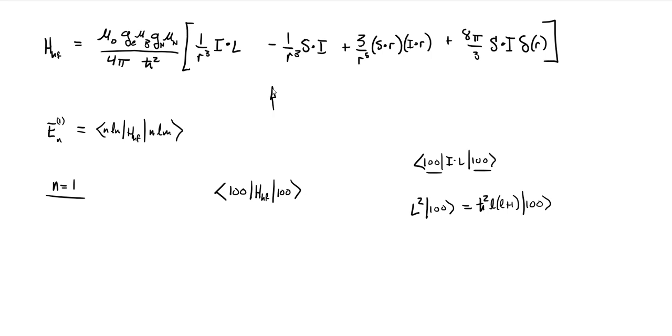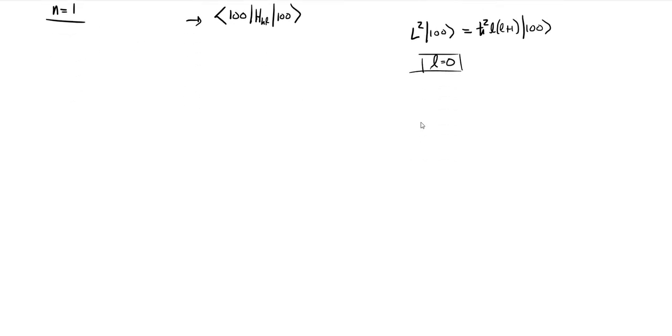So this orbital angular momentum has 0 magnitude. For any L = 0 state, this first term is going to be 0. You can quickly see that. So we don't have to worry about that term in this diagonal element. We can also make arguments for why these second terms are going to be 0 as well.